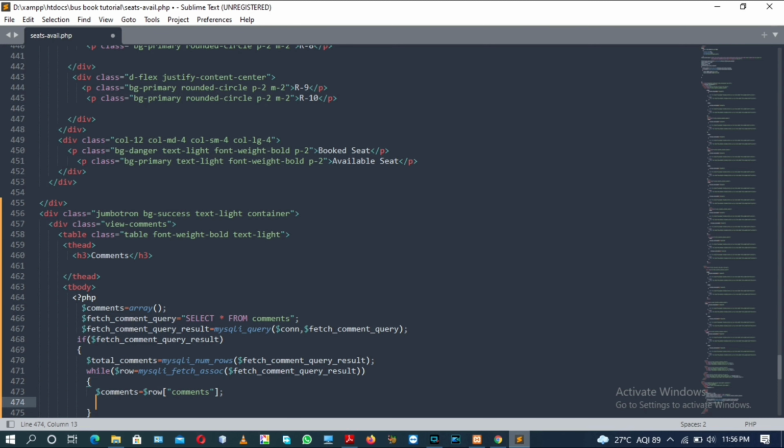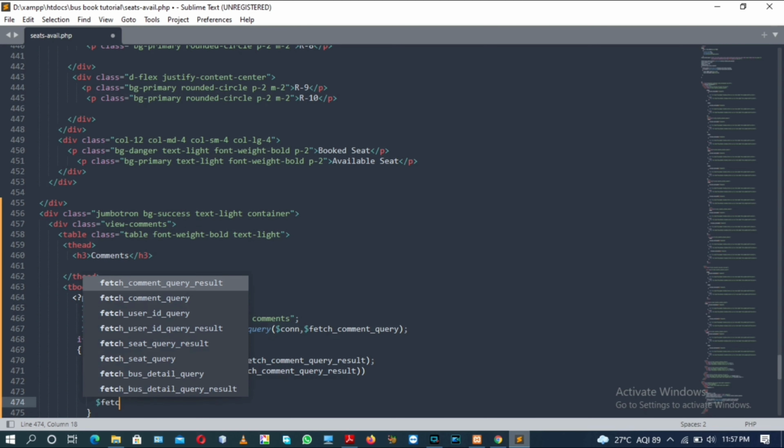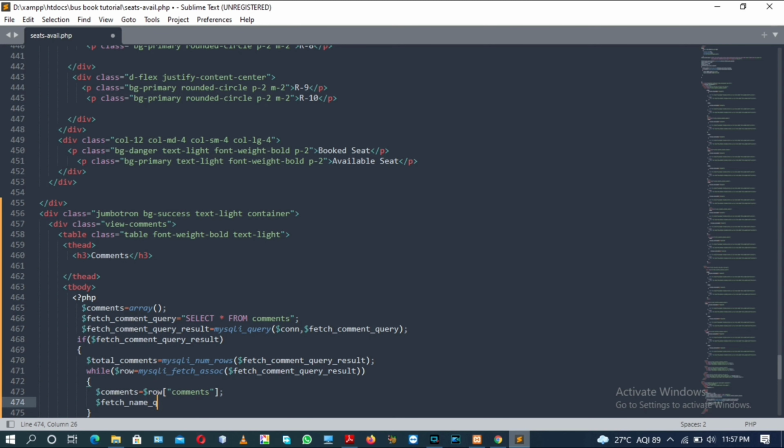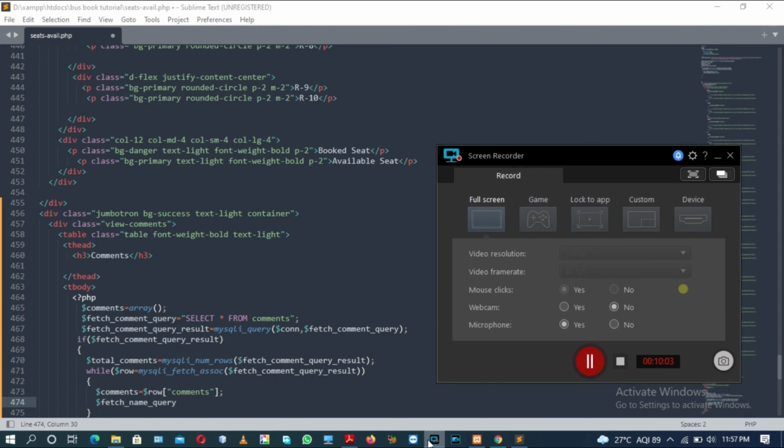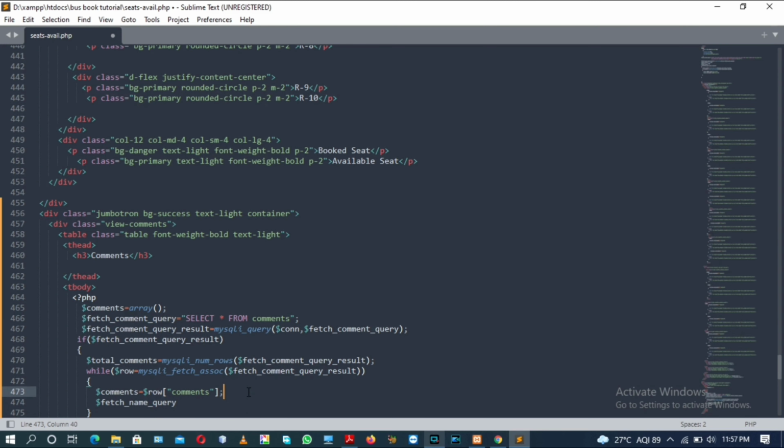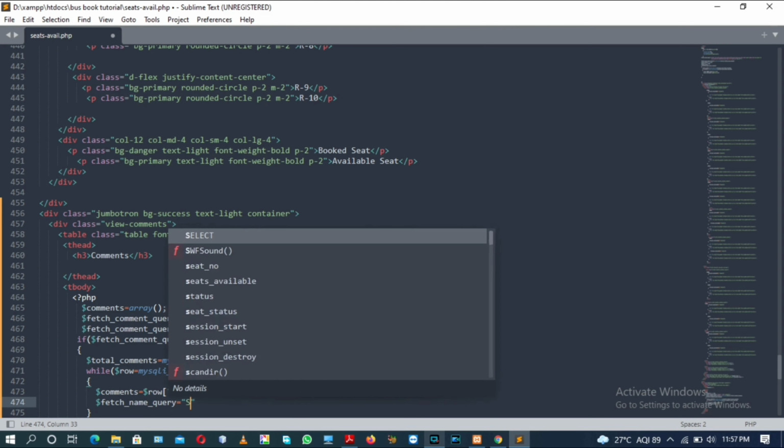After fetching comments, we will fetch the name of the author who gave the comments using the variable fetchNameQuery, and we will assign an SQL query in this variable.